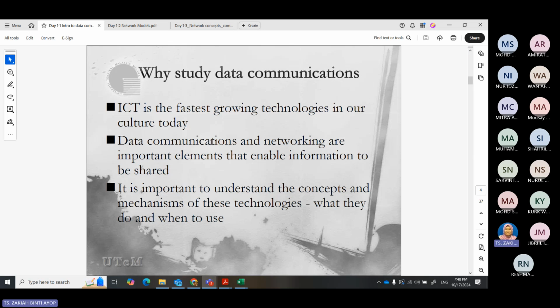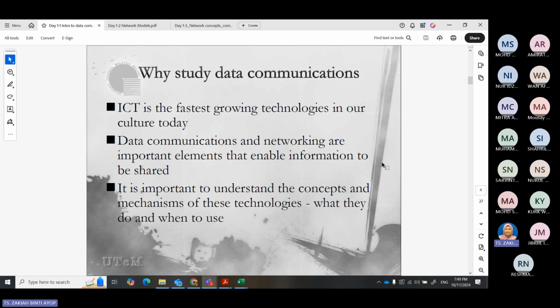Previously, before the start of the internet, we used mail, but now, because of the internet and the emergence of ICT, we are able to receive emails from outside, from over the sea, and reach them instantly.